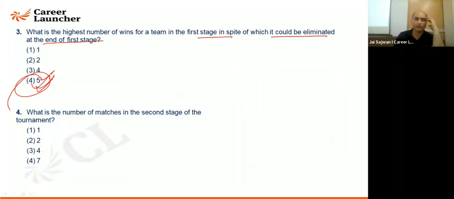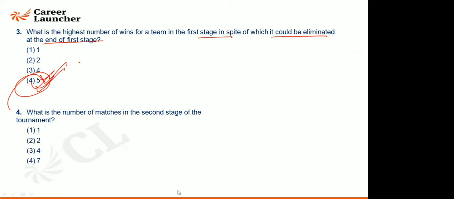And here, even with 5 wins, it does not give you the guarantee to move to the next one. Why? Because there are 5 teams with 5 wins, so one of the teams needs to be eliminated. So what is the highest number of wins that you need? Still you can be eliminated. I will say 5 wins will be there. Is it fine now? Clear, everyone? Have a look at this. Ask me if there is any doubt. Is it clear here as well, everyone?